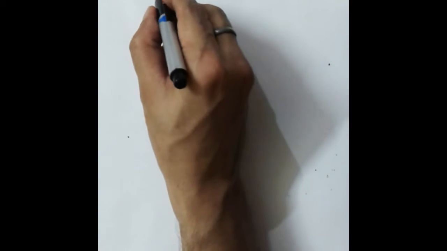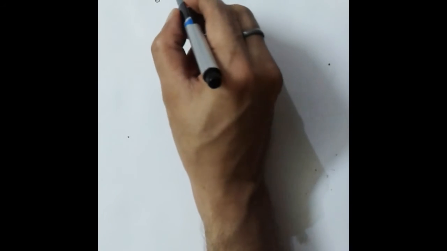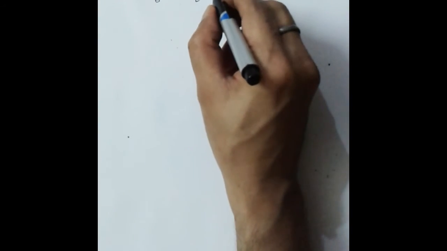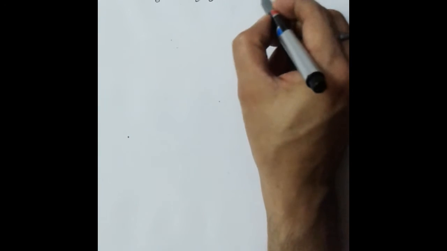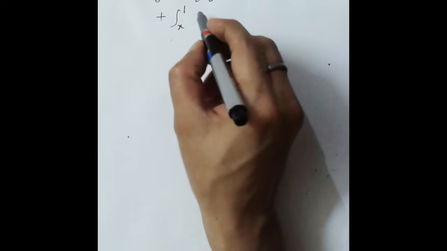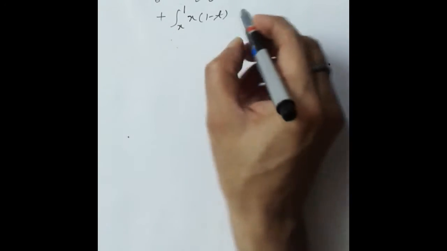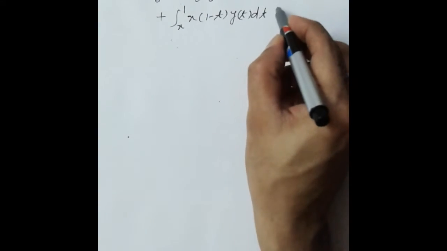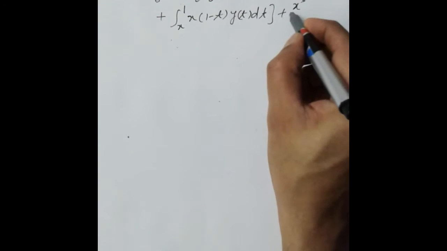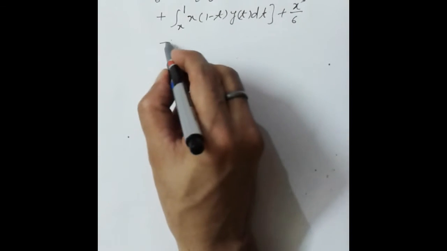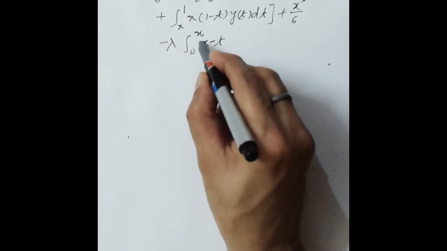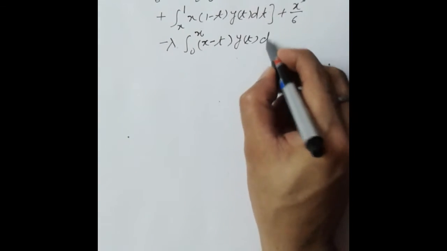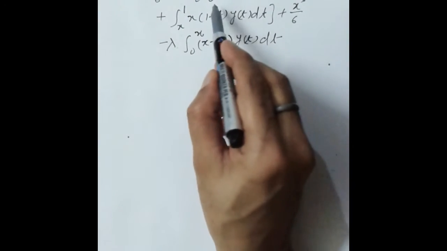This is equal to 5x by 6 plus lambda, the integral from 0 to x x into (1 minus t) y(t) dt plus the integral from x to 1 x into (1 minus t) y(t) dt plus x cube by 6 minus lambda, the integral from 0 to x (x minus t) y(t) dt. Here this integral can be written as